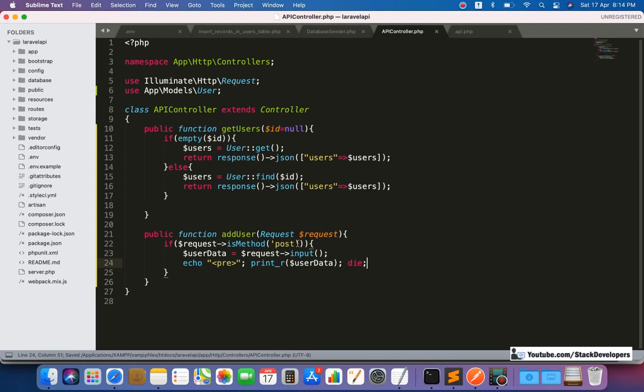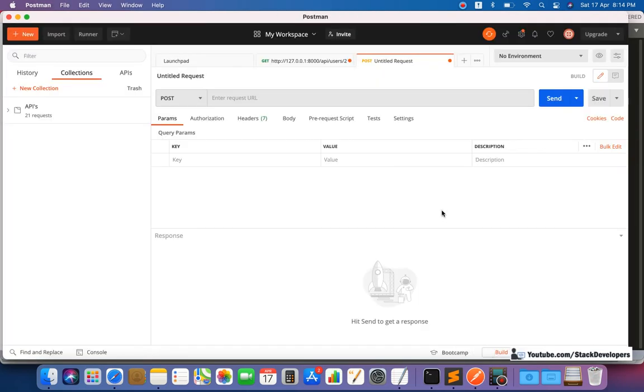Okay, fine. So we are going to use Postman now. We don't have an Android app right now, and we don't have any other third-party software that can help us create the Post API.